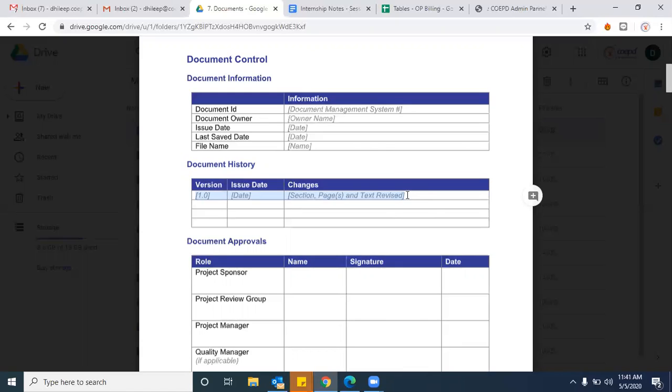Till the current scope is completely changing, it is version 1 only. If a majority of the changes have been added, then the second version of software release will come into picture. That is V2, version 2, D1 again, version 2, D2, version 2, D3. And in real time, in the majority of cases, minimum 5 versions of documents will be there before approving a document.